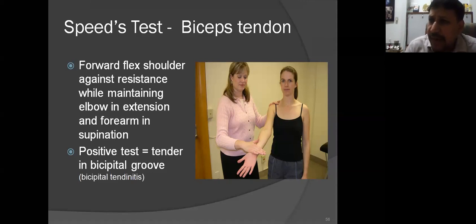So these are the tears which are mainly in the superior portion of the labrum. Sometimes they can involve the long head of the biceps, and they are quite commonly seen in throwing athletes. Cricketers, badminton players, tennis players, volleyball players, occasionally swimmers, so all those people who have overhead actions can basically have superior labral tears.